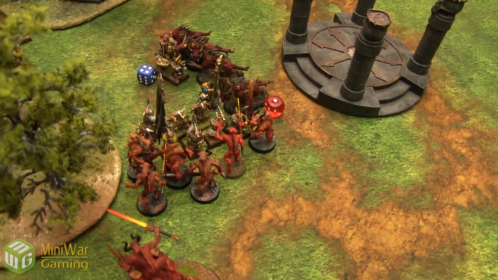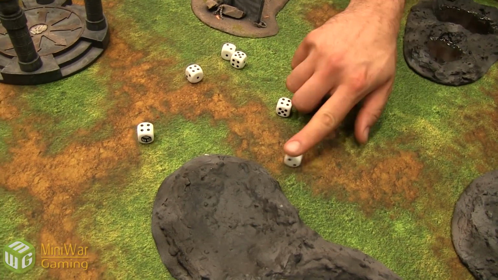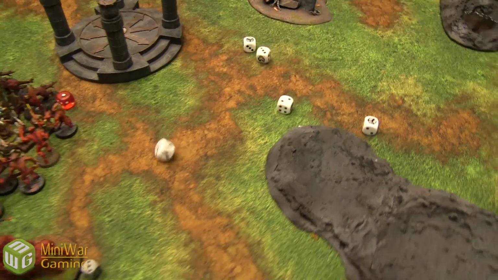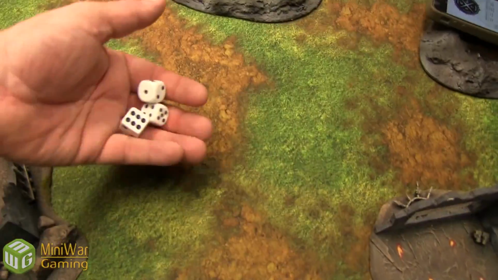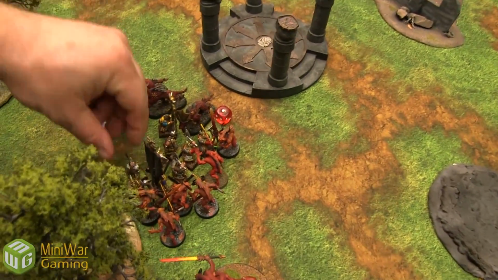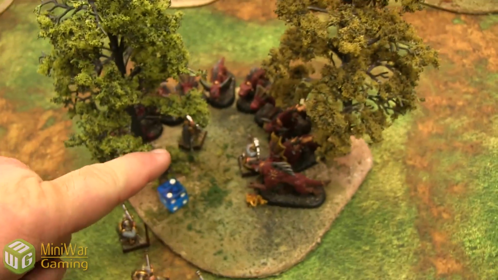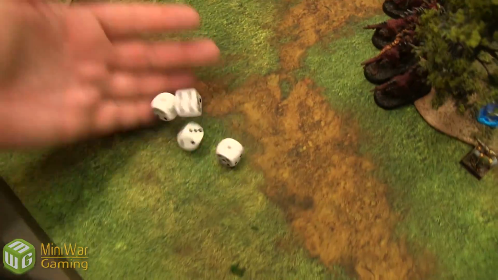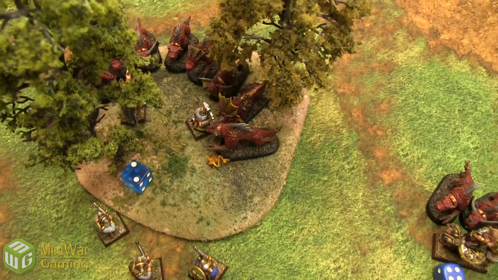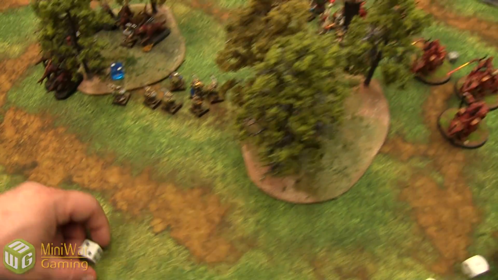Bloodletters are attacking now, hitting on 4s. A lot of hits, 1 mortal wound, and 4 actual hits, wounding on 3s. 3 wounds. 6 up save against that, which is re-rollable. So 1 guy dies from the armor save, and 1 guy dies from the mortal wound. My engineer down there is now going to attack the Flesh Hounds. 4 attacks hitting on 4s, wounding on 4s, nothing. Jesse's now done attacking, so my crewman will attack. He has 1 attack hitting on a 4, and he misses. And that will end